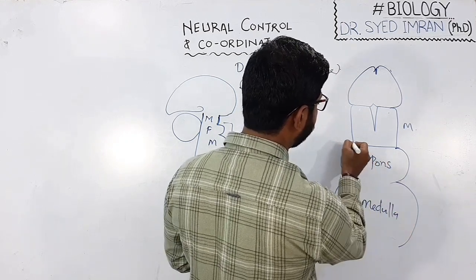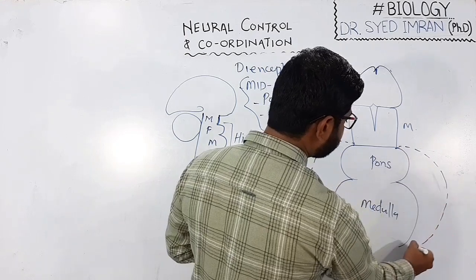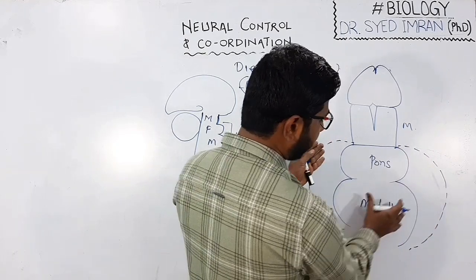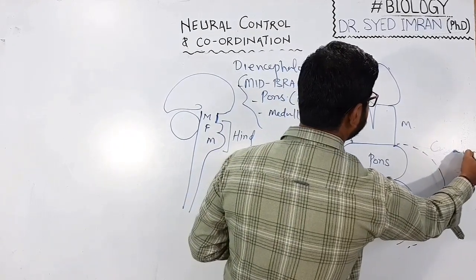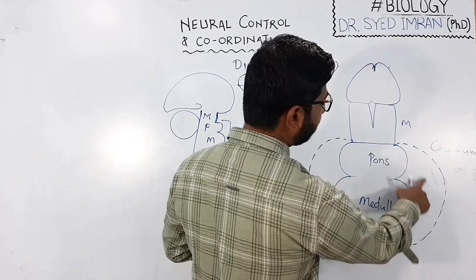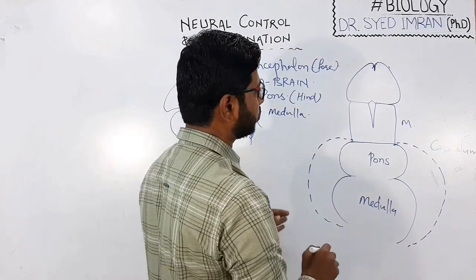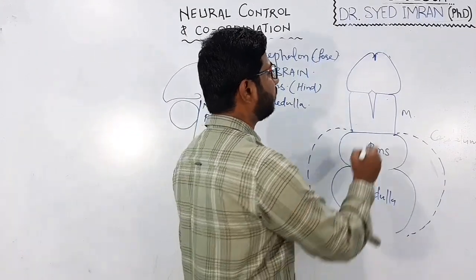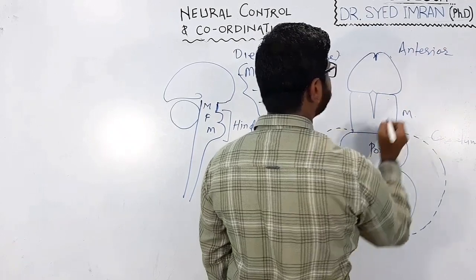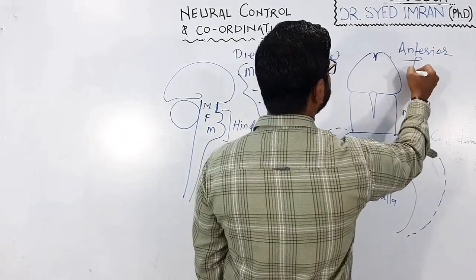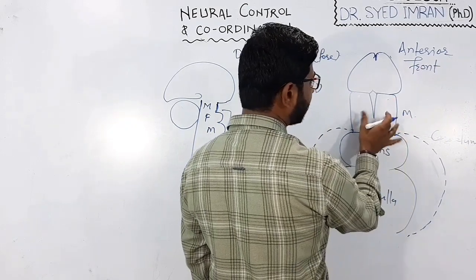In the back side, behind the pons and medulla, this is known as the cerebellum. Cerebellum has a hemisphere, and this is another hemisphere of the cerebellum. So diagrammatically, when we are observing from the front,